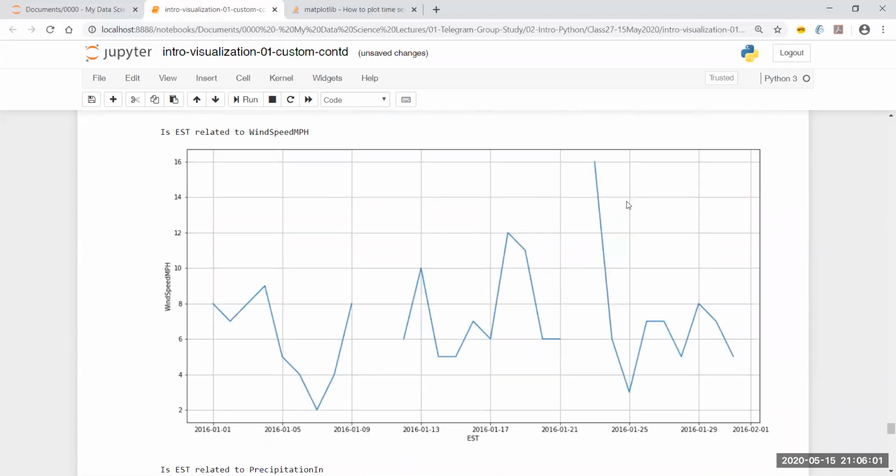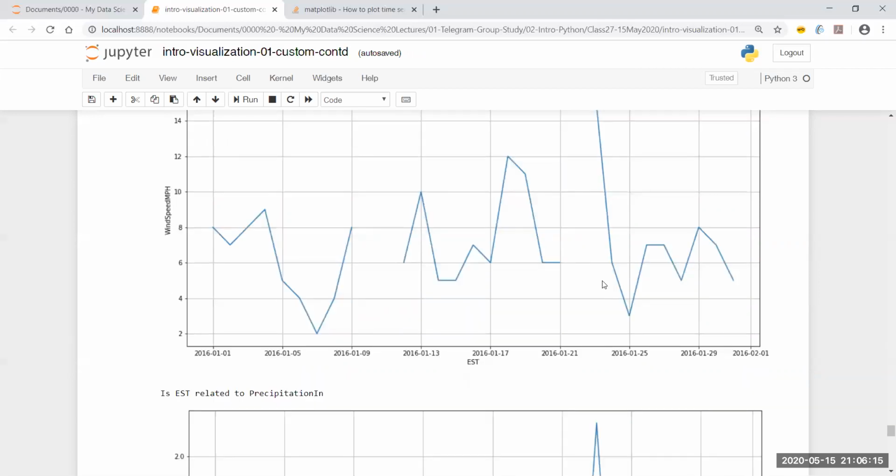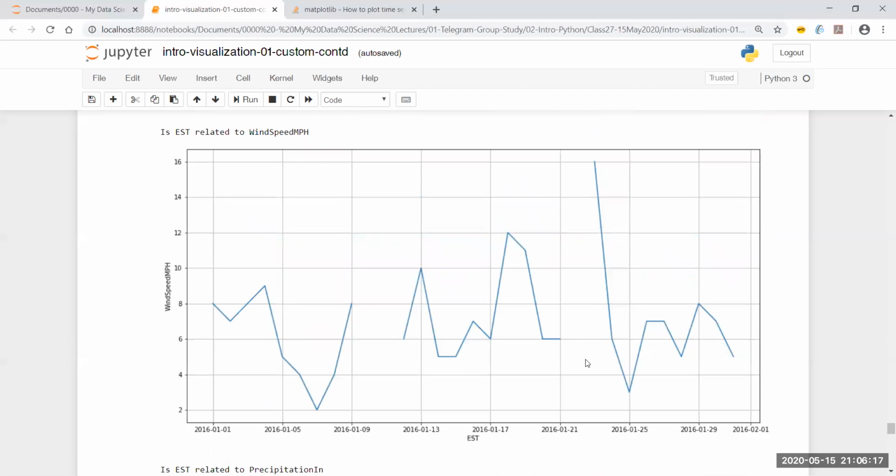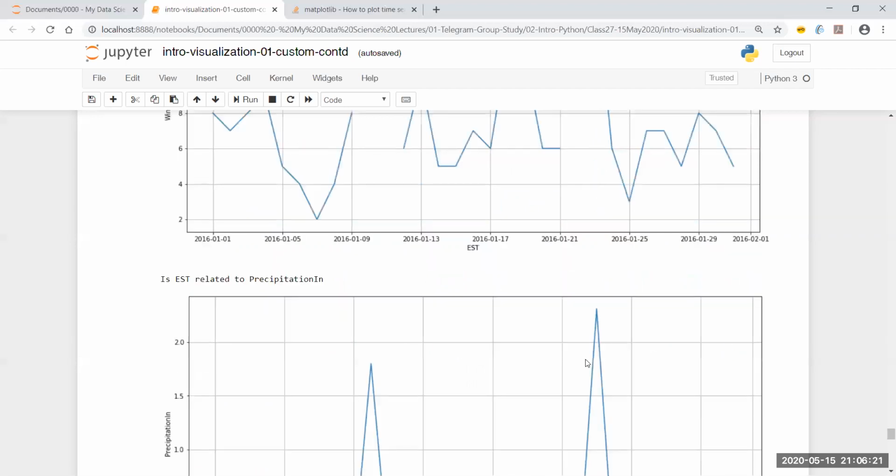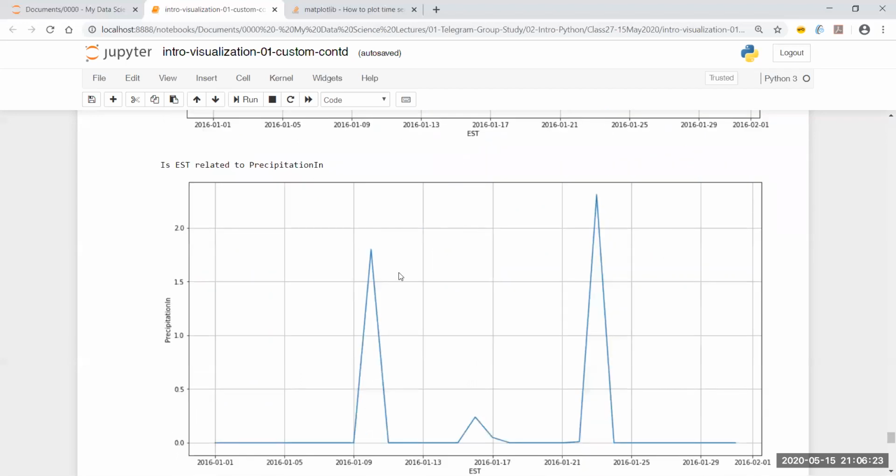I can see there are gaps, and I exactly know why there are gaps. I have not treated this column. There were three missing values. If you remember from the previous class, out of 31 rows, this column had three values which were missing, right? So that's why you can see the gaps over here. So visualization can also help you understand if there are missing values or gaps inside the data, which is very useful. Then you have this precipitation in inches, where I see spikes sometimes, but not all the times.